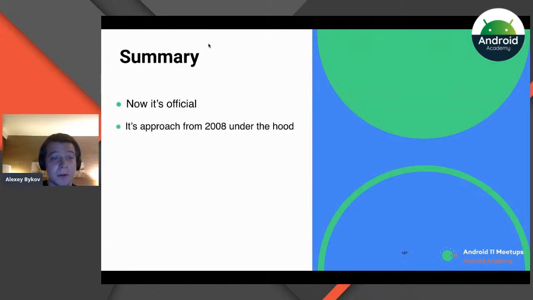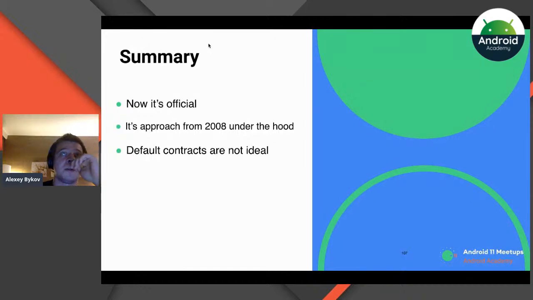Actually, there is nothing new for us, because it is just a composition based on the old approaches under the hood. Default contracts are not ideal because we still can have a null pointer exception, still can have an unsafe cast, for example, because if we're talking about passing data between activities, and if you want to have a result from activity B to activity A, we still need to use quite an old API, and it is quite easy to make a mistake there. And also permissions